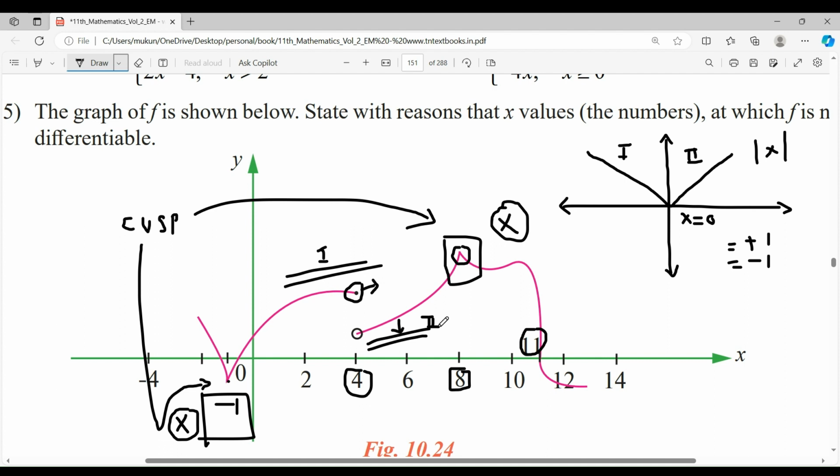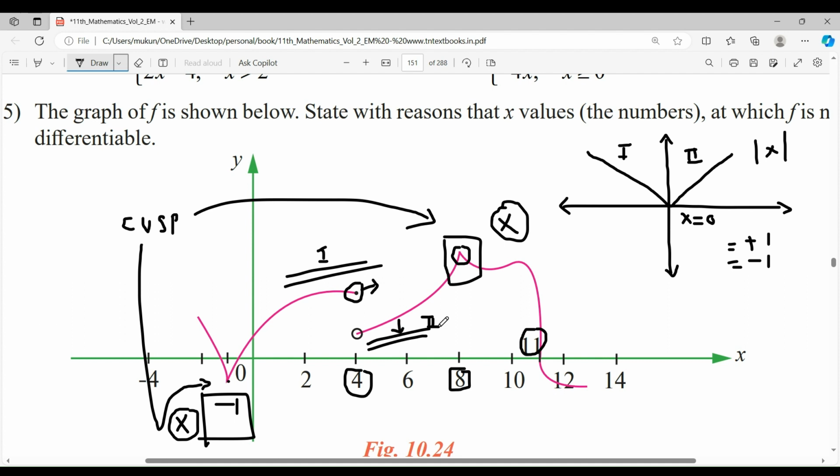Because the function on the right of 4, which belongs to region 2 as highlighted in this graph, does not include the value 4, right? So what you will notice is your left hand limits and right hand limits are not equal, right? So the function is discontinuous, right? And if the function is discontinuous, you can always conclude that the function is not differentiable, right? So discontinuity implies non-differentiability, whereas